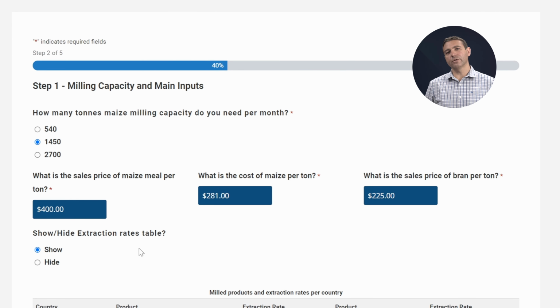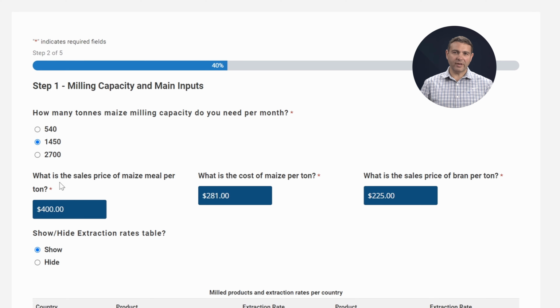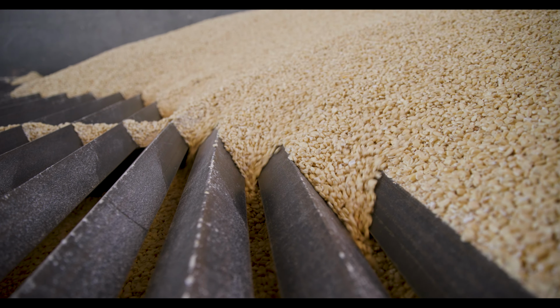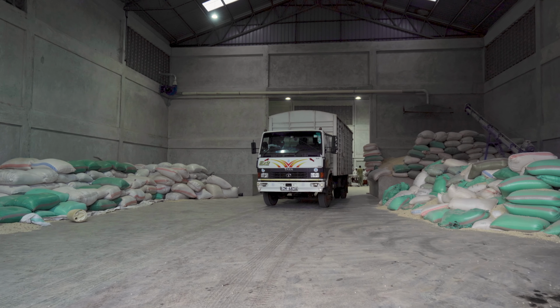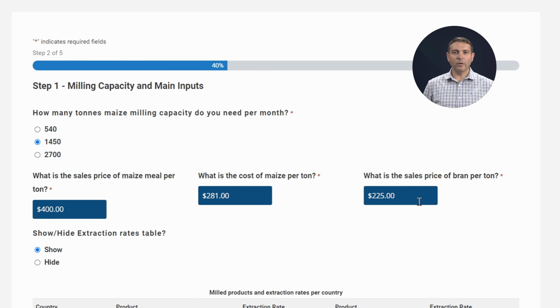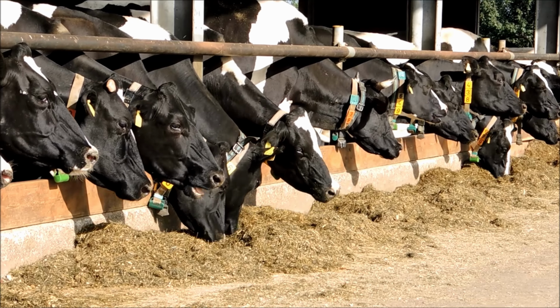The next 3 inputs are the sales price of maize meal per ton. In other words, what you will be selling your maize meal for, ex-factory or wholesale price. Then, what's the cost of maize per ton, your raw materials. And if you buy maize in bags, you need to convert it into tons. And lastly, what's the sales price of bran per ton, the byproduct of the milling process that is mainly used